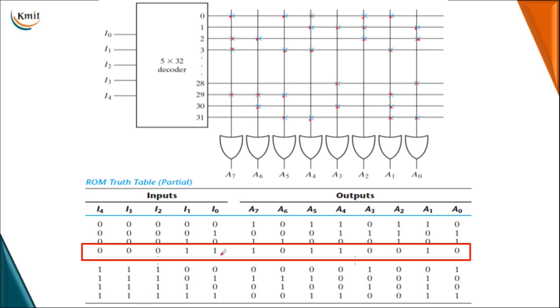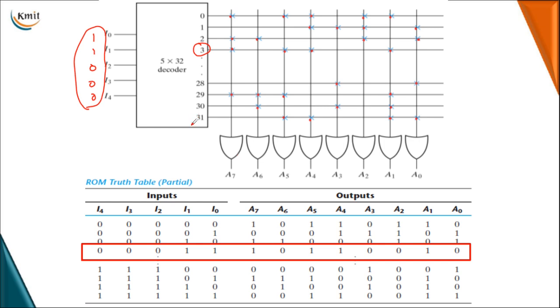In the same manner, let me select the third memory word. In order to select the third memory word, which is 3, I need to transfer on the address inputs I4 equal to 0, I3 is 0, I2 is 0, and I1 and I0 must be 1, 1. Upon transferring these address bits 0, 0, 0, 1, 1, the third memory word is selected. When it is selected, the outputs obtained from this multiple input OR